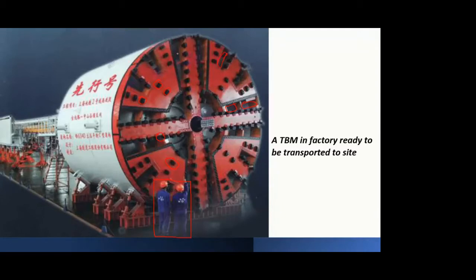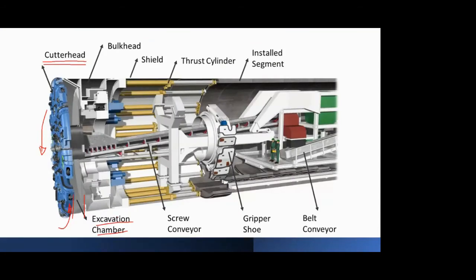So these gaps are arranged in such a way, or the shape is such that whatever material is drilled will go through these gaps and then be collected into this excavation chamber. Now once it is collected, obviously we have to take that material out. The technical term for it is muck. So you have to take that muck outside the tunnel and dispose of it by appropriate means.